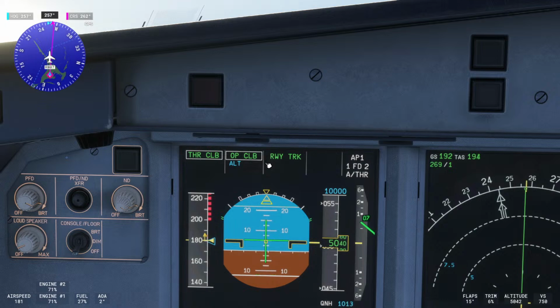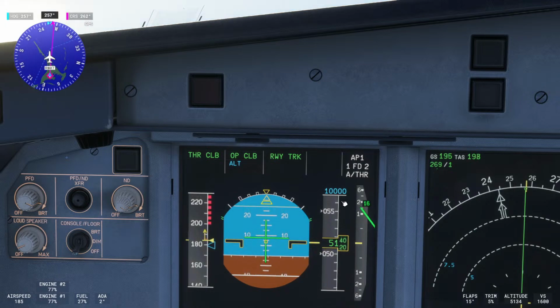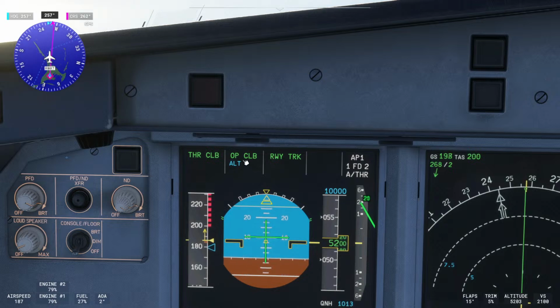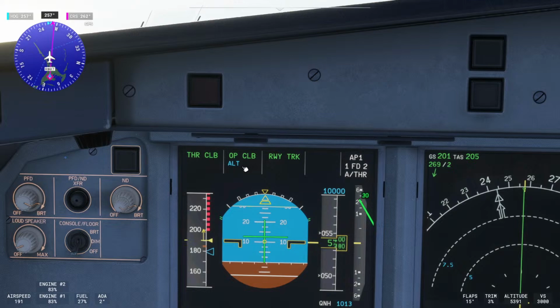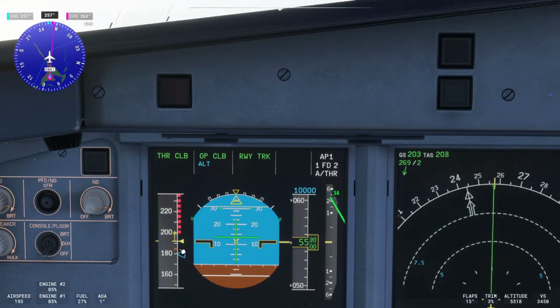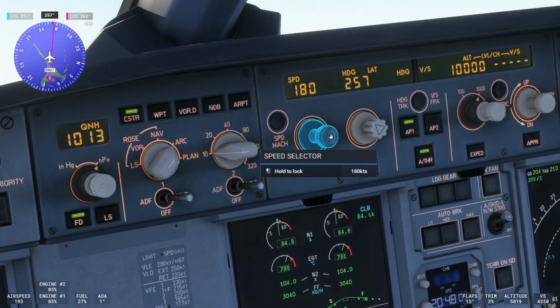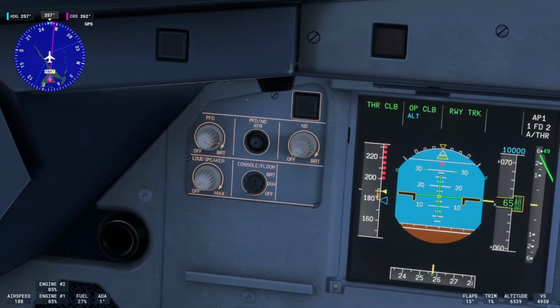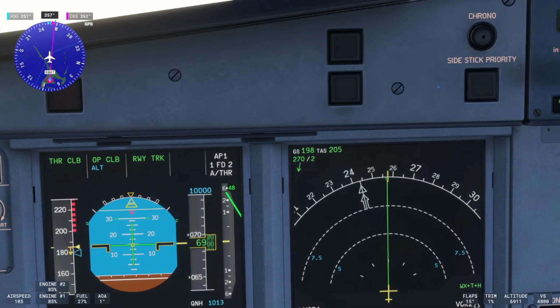OP climb simply means that it will now start to climb until it reaches this destination altitude, and then it will move to that selected altitude mode again, right? So keep that in mind. Also, what you sometimes see is that the speed is not always 100% working correct, at least based on my findings. So let's make sure that we're setting this one correctly. So here we go, and we're going crazy fast, as you can see, up to the